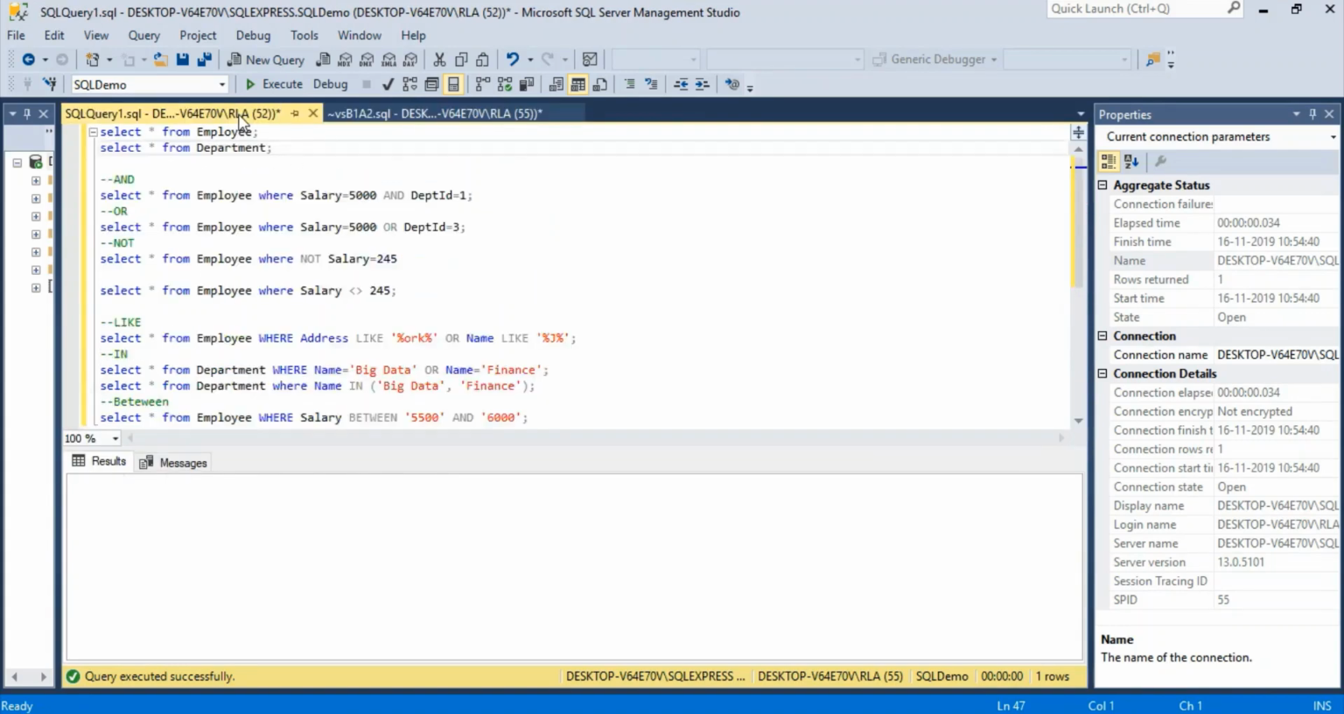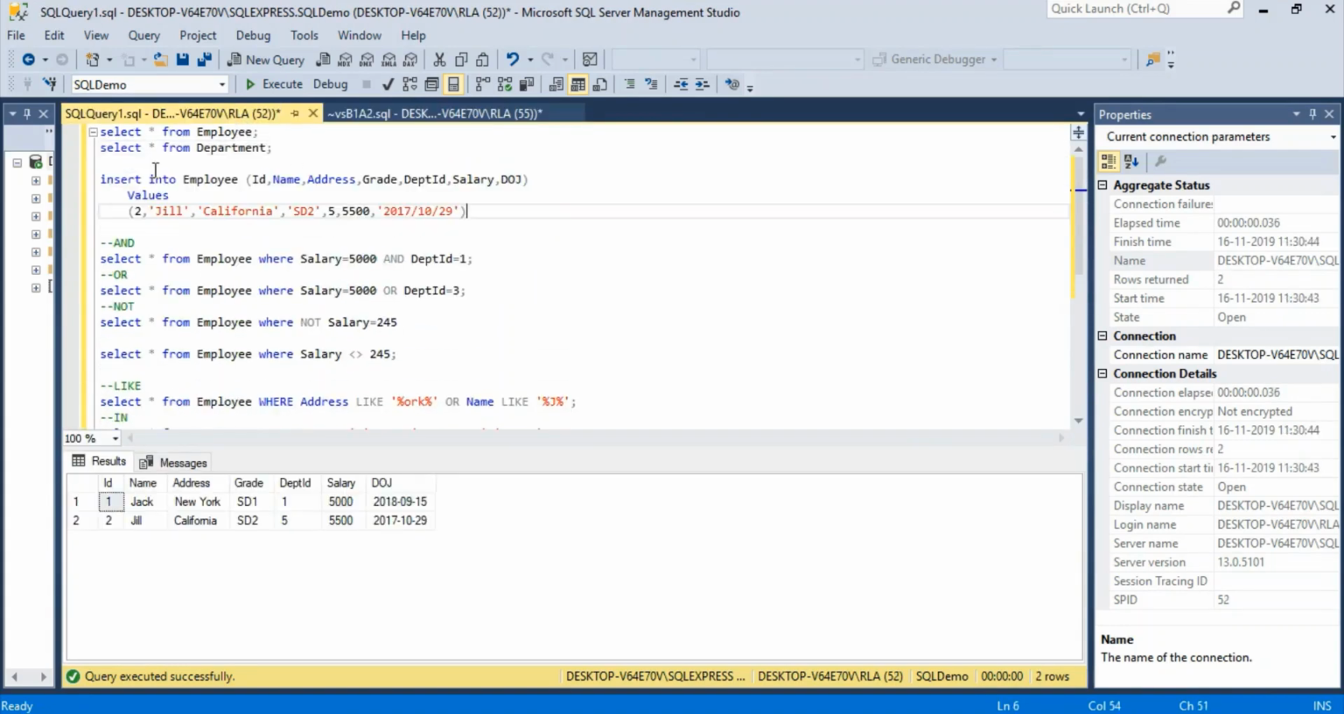So copy this. Okay, let me insert one more record here. I have copied the SQL statement from the previous session where we inserted a record to the employee table. In here, I'm going to change the ID. The ID has to be unique, so we already have 2 IDs, and then